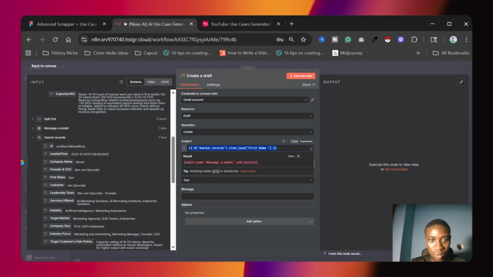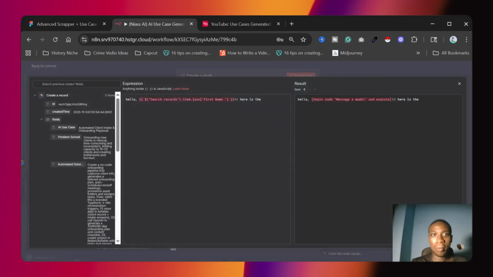And let's say, hello Ben, here is your AI use case. Here's the use case for your business.